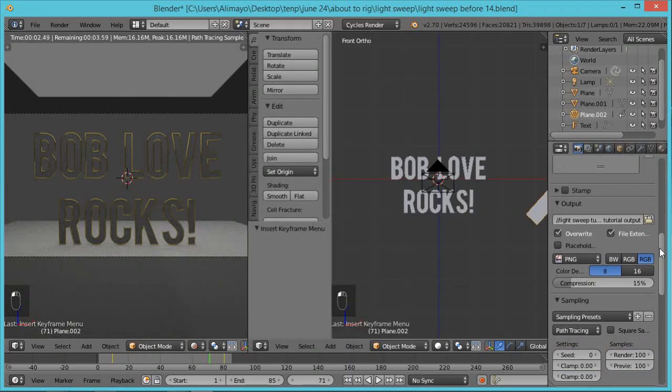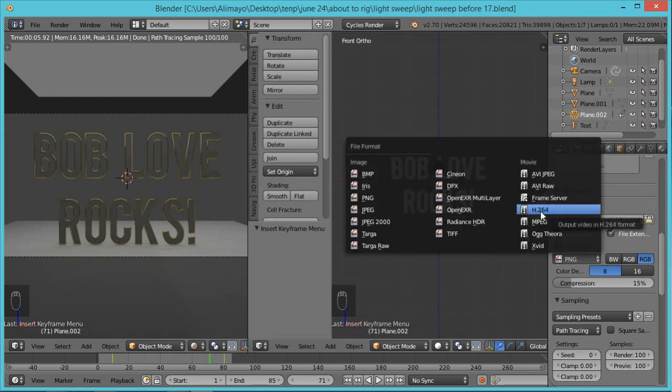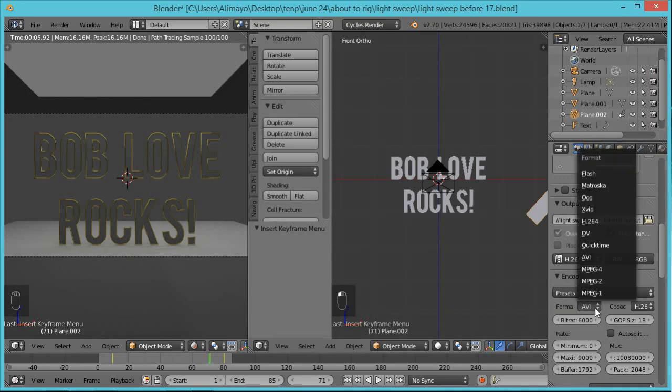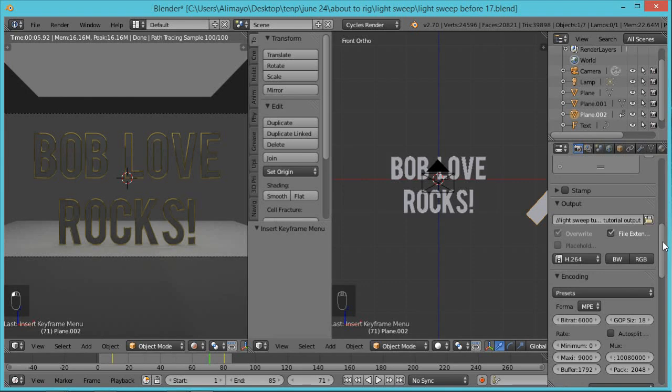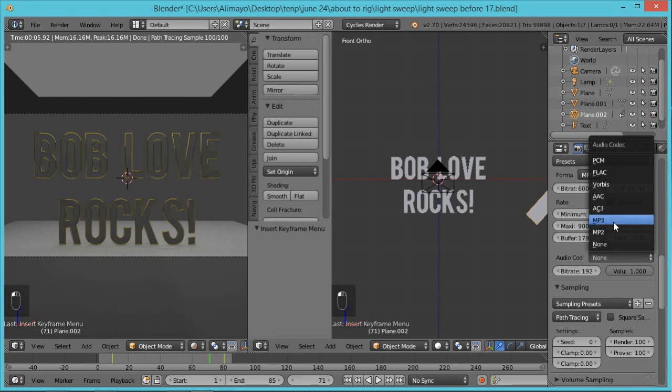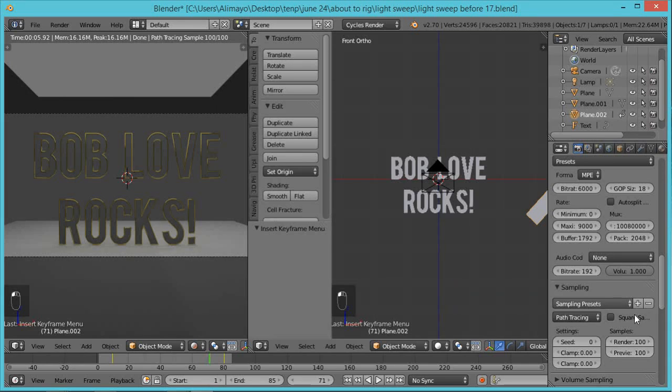Blender's default when you're outputting is PNGs. So I'm just going to turn that from PNG to H.264. I'm then going to go to encoding. I'm going to turn this from AVI to MPEG-4. And if you had music, which we don't now, but if you had it, you could go to audio codecs and you might click MP3. Okay, now with all that done,